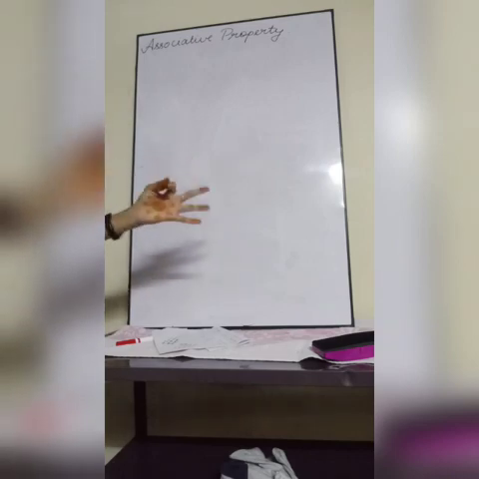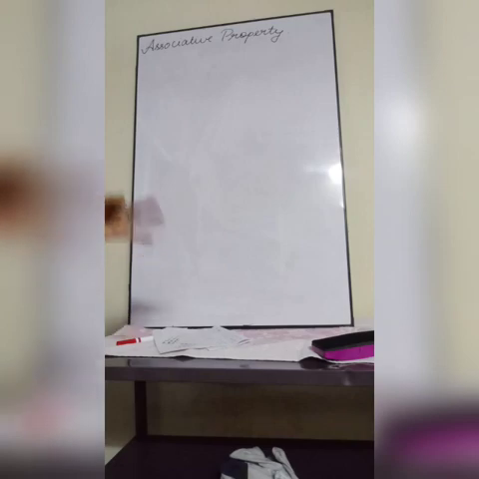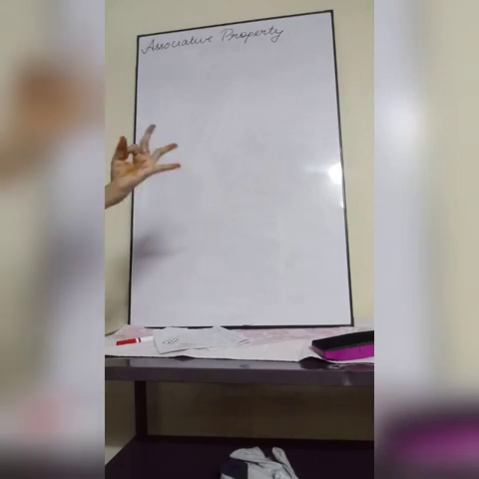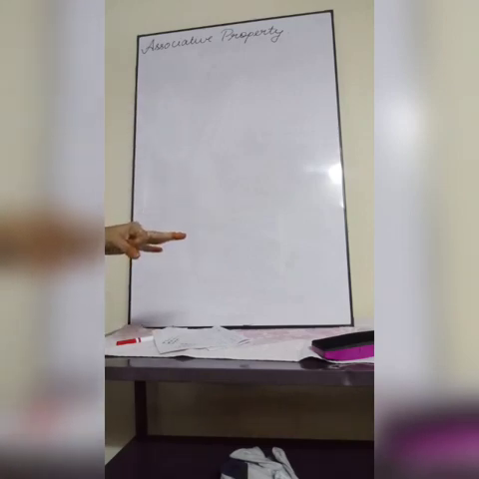In the previous two properties, actually we were discussing with two integers or two whole numbers or two rational numbers. But in associative property, we are going to deal with three things. If we are doing with integers, we are going to take three integers and do the calculation. When you are doing with whole numbers, you are going to take three whole numbers. If you are doing for rational numbers, you are going to do with three rational numbers and we are going to do the associative property.